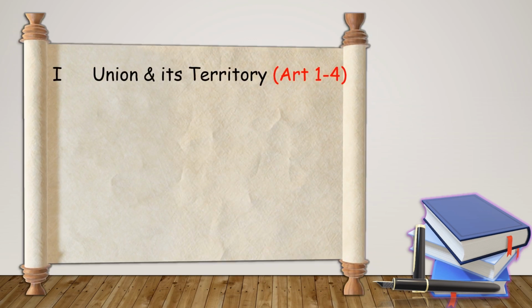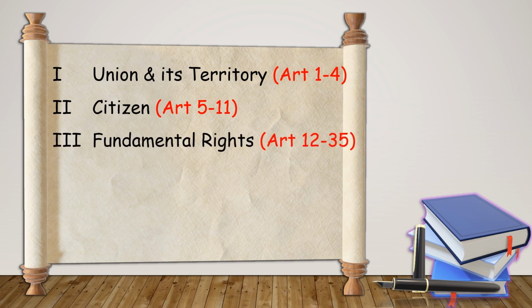Part 1, titled Union and its Territory, encompasses Articles 1 to 4 and provides an understanding of the formation and territory of the Indian Union. Part 2, covered in Articles 5 to 11, defines the principles and criteria for acquiring and losing Indian citizenship. Part 3, known as Fundamental Rights, elaborated in Articles 12 to 35, guarantees the essential liberties and